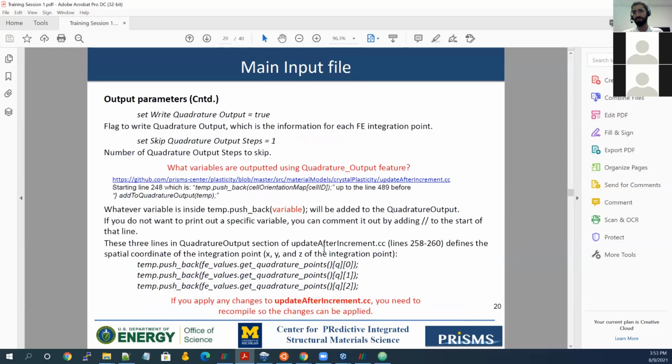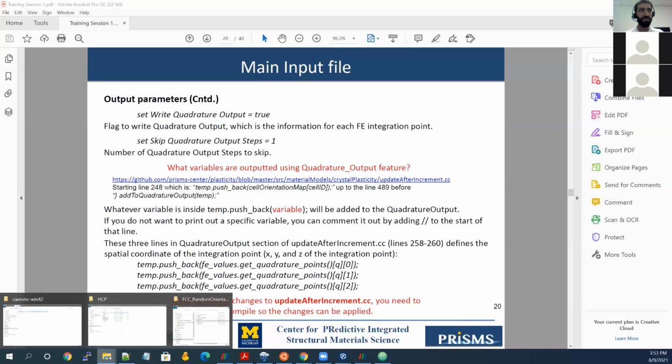What if you don't want to output so many parameters? What if the size of the simulation is so large that you want to selectively output some specific information for your quadrature point? Then you need to actually open a file, which is